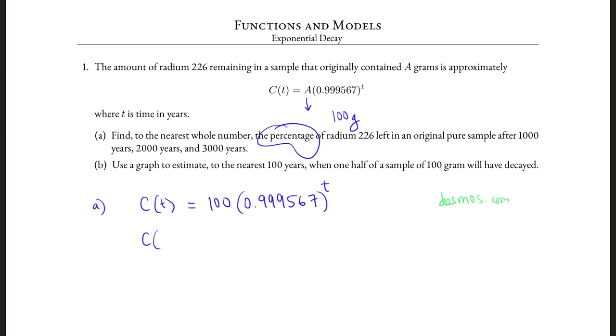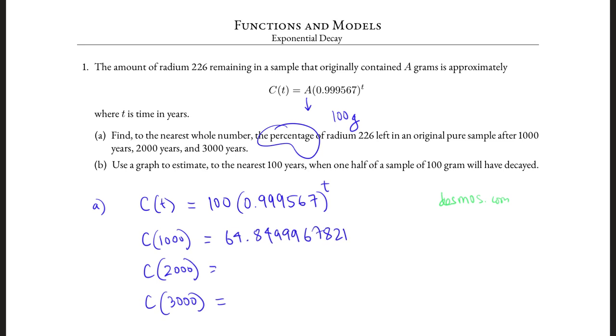And all we need to do is type C of 1000 on the next line, hit enter, type C of 2000, where 2000 is the input in the parentheses, C of 3000, and so on. If we do this, we'll get C of 1000 equals 64.849996781,